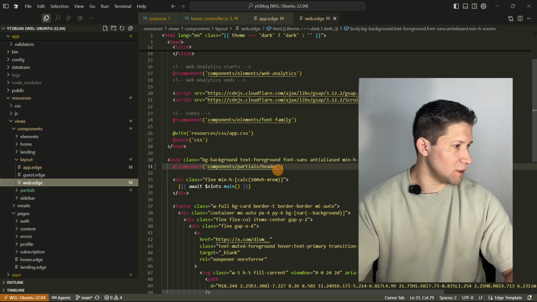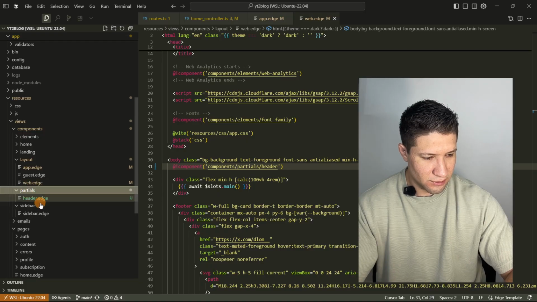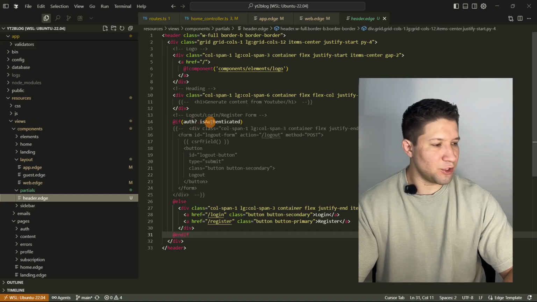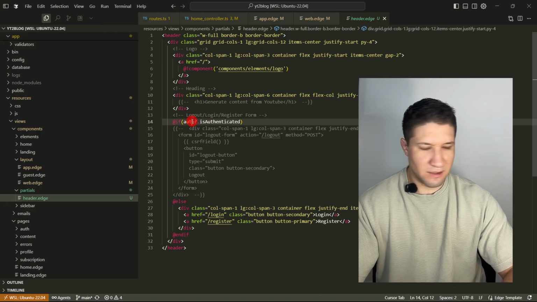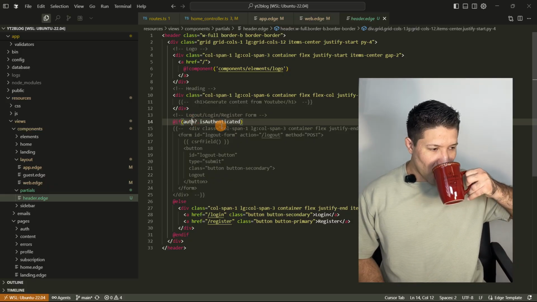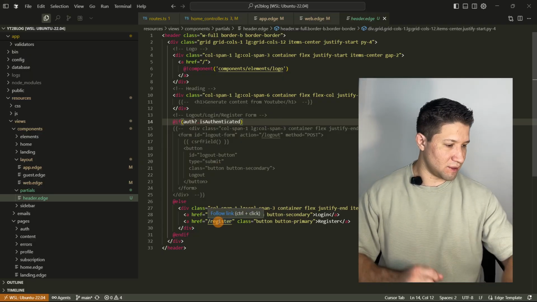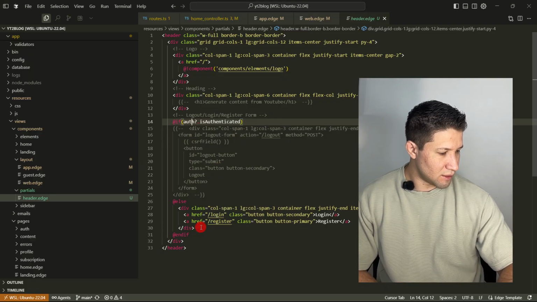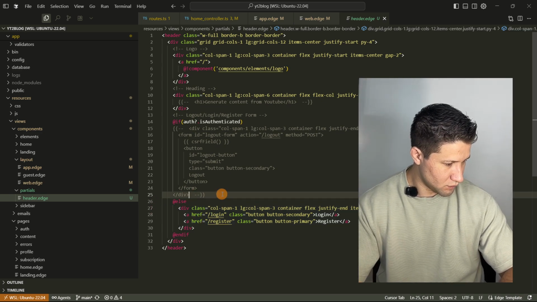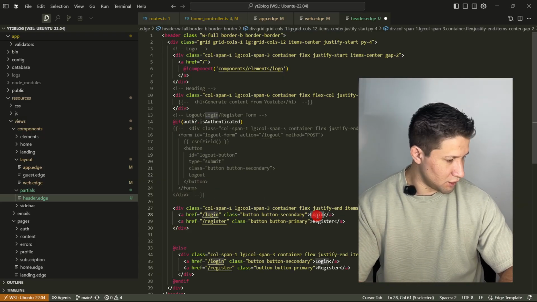But in this file, the partials header file, if the user is authenticated, if there's an auth object and it is authenticated, it's true, there's something that we can show in here. If not, right now it's showing just these buttons. So I'm going to copy this, paste it in here, and I'm going to use in here,